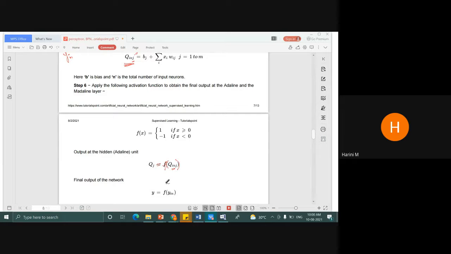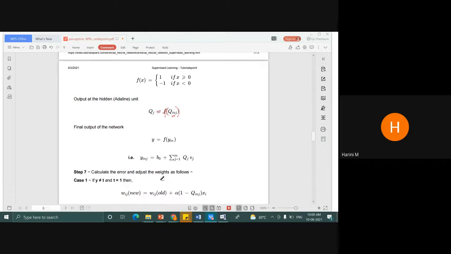Now I have the Q value ready. I have the v values. Now I need to calculate the y. How do you do that? Y in, this j is for multiple units. Again, instead of x, I have the Q, and instead of w, I have the v. Substitute this into the activation function and get the final output. Same flow, don't get confused. It's the same formula everywhere. All you have to do is play with the i, j and whatever the substitutes. That's it. Now, how do you update the weights and biases?